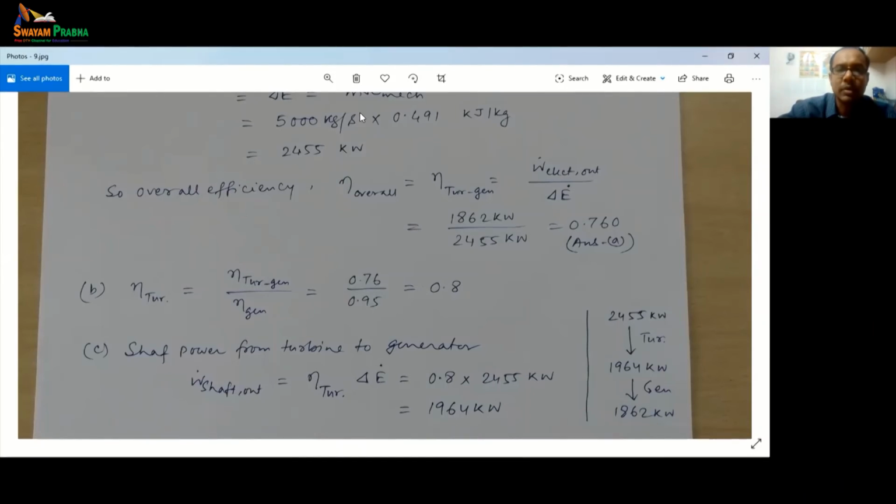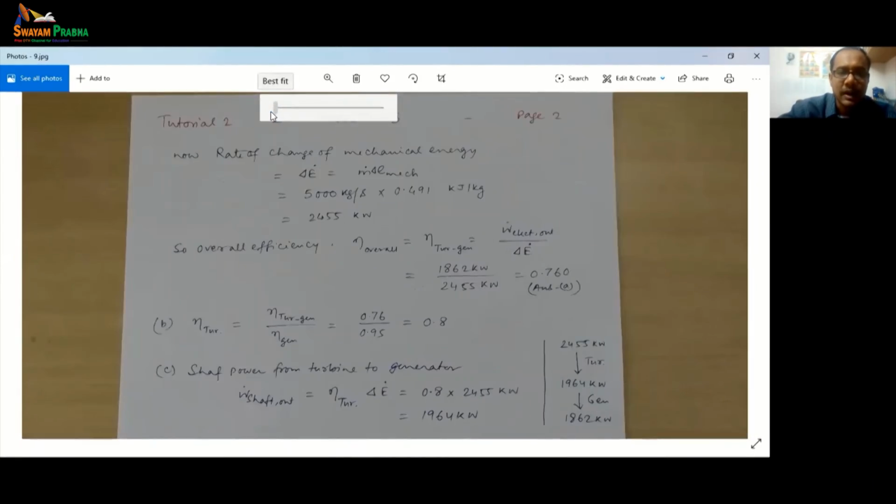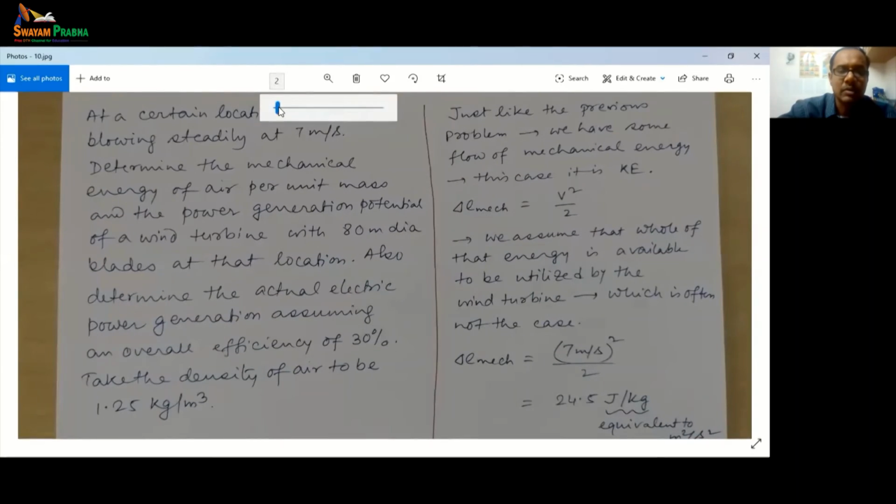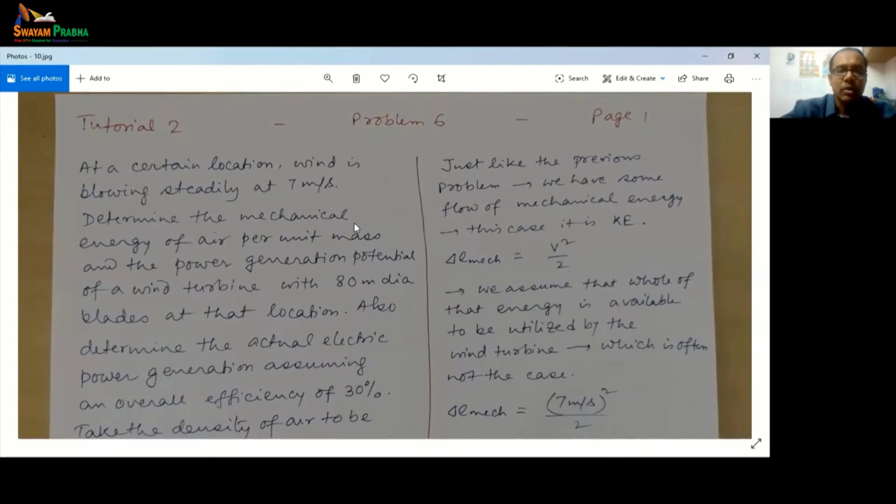Okay, so in this problem we have looked at the opposite problem of motor pump. Here we have looked at turbine generator where electrical energy is the output, and how these different efficiencies are related, these we have learned. Okay, now let's take up another problem which talks about the energy conversion itself, but now not in terms of hydraulic head but in terms of the mechanical energy of a flow of wind.